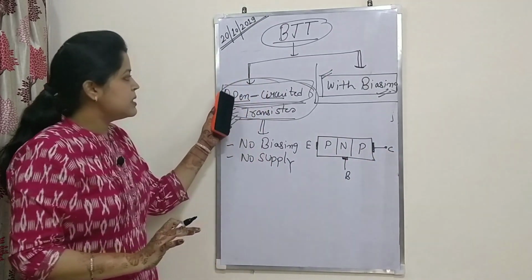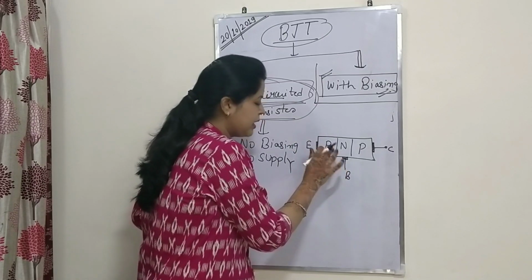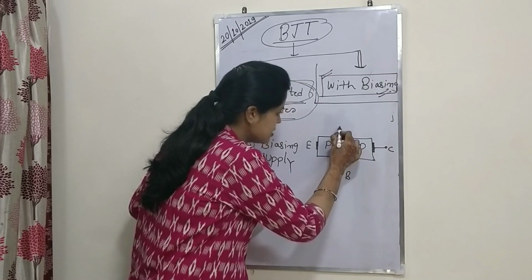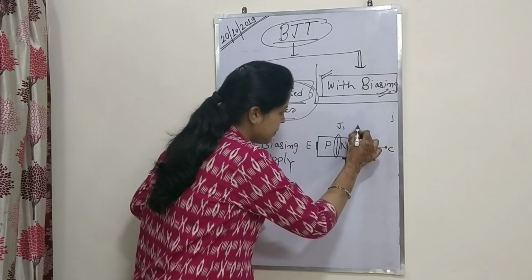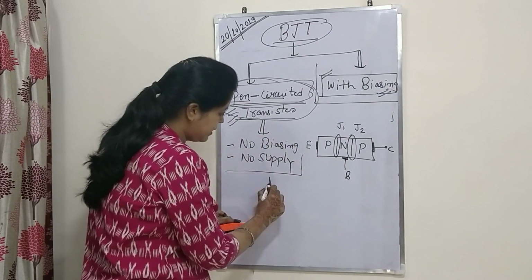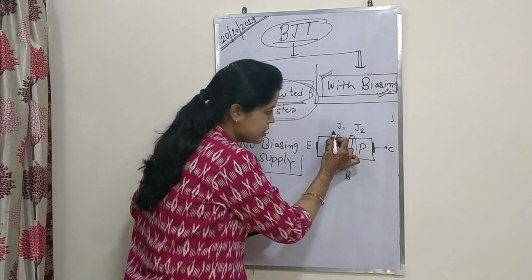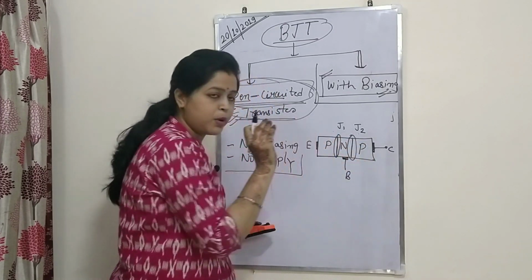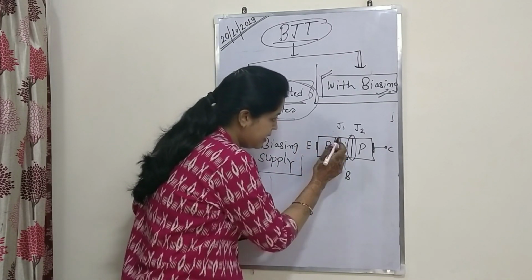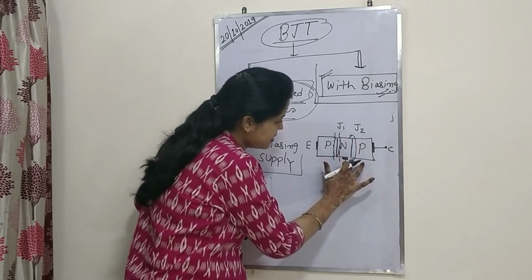So open circuited means there is no power supply at any junction or at any terminal of the transistor. Here we have two junctions, J1 and J2. Now always remember that across the junction, whether it is J1 or J2, there is a possibility of a depletion width forming across the junction. Here a depletion width or depletion region is created,